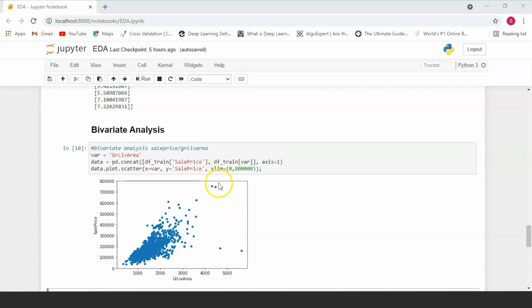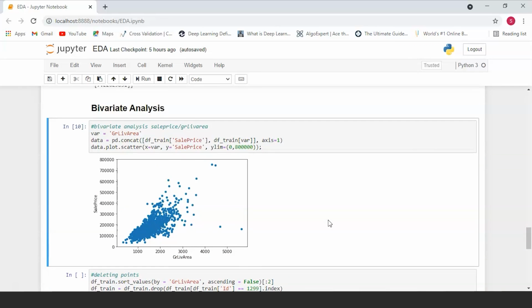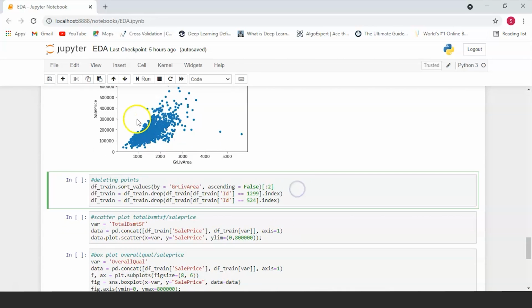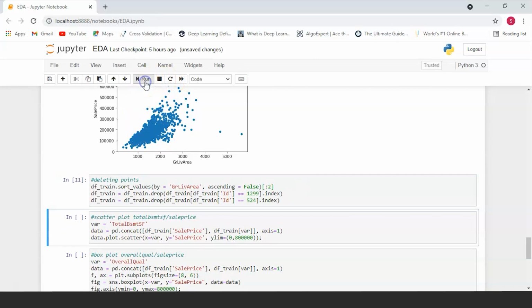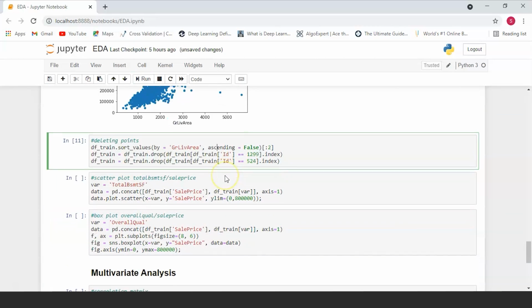These two observations at the top are most probably the 7 somethings over here in the sales price, as they have the highest sales price. Now, while they have a huge amount of skewness and they look like special cases, they seem to be following the trend. And for that reason, we're just going to keep this in our data. So, after just one bivariate analysis, we've already found a couple of outliers and we can now delete them. So, over here we've deleted these 2 points.